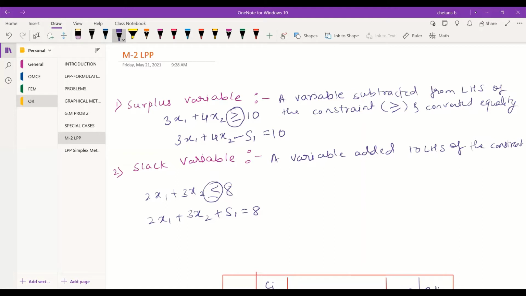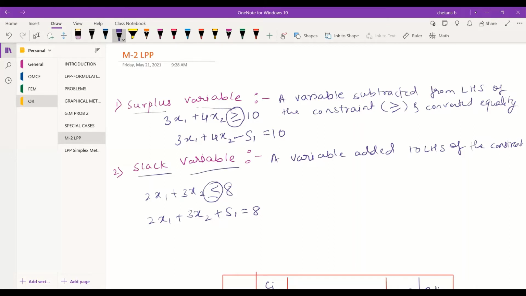So this is, you can say, the basic study what you need to have before going for any of the procedural part in the simplex method. So not in the simplex method, in overall LPP. So what is slack variable? It is added.